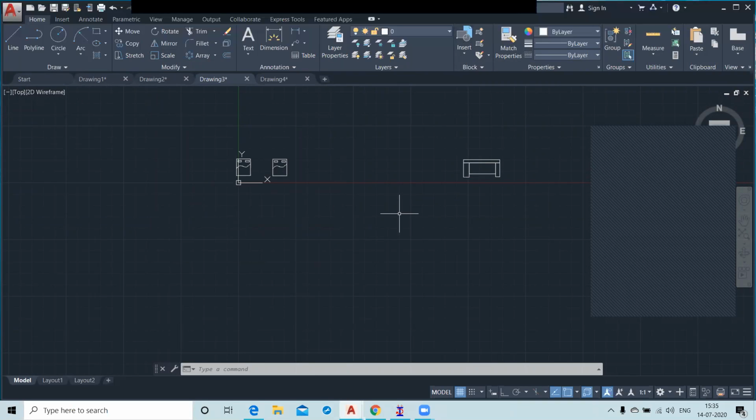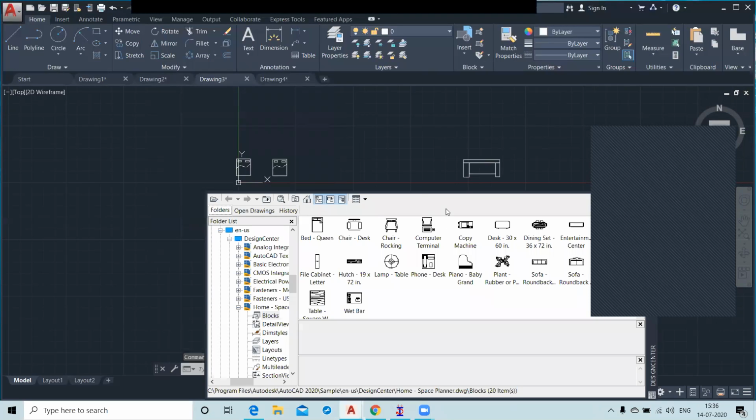The first option is Design Center. The shortcut key of Design Center is Control plus 2.